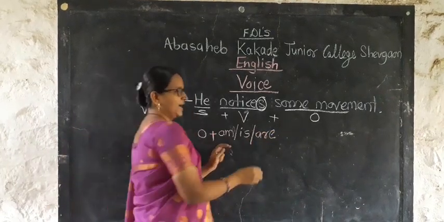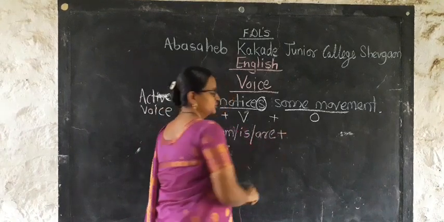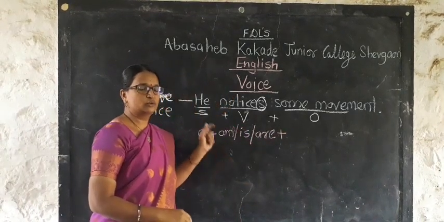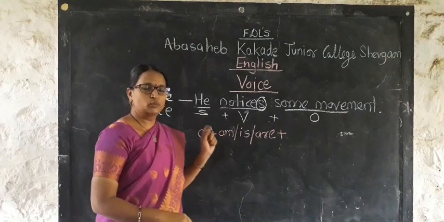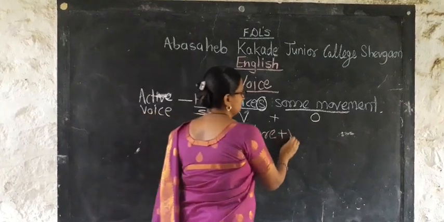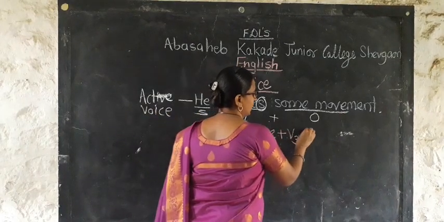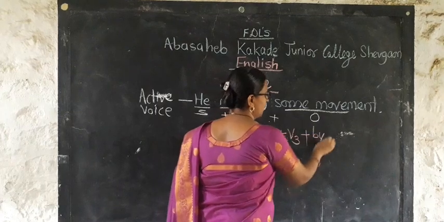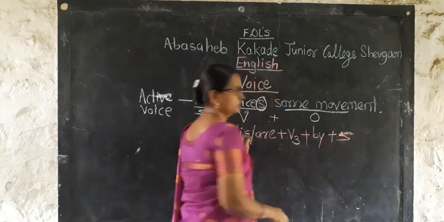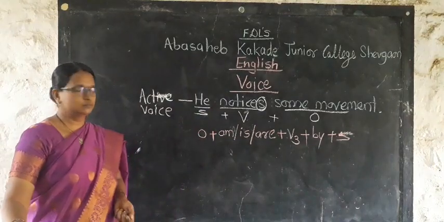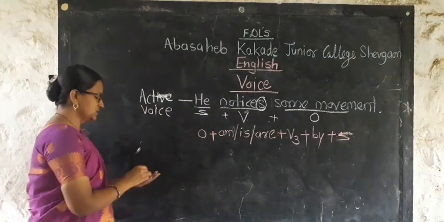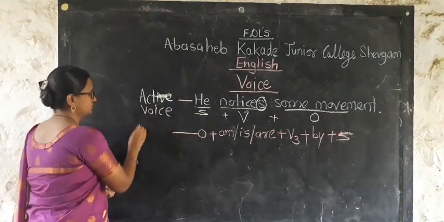Then as we have to change the voice, we have to turn the voice into passive, we have to use third form of the verb, and then we have to use by, then we have to use subject. Okay. Now this is the structure of